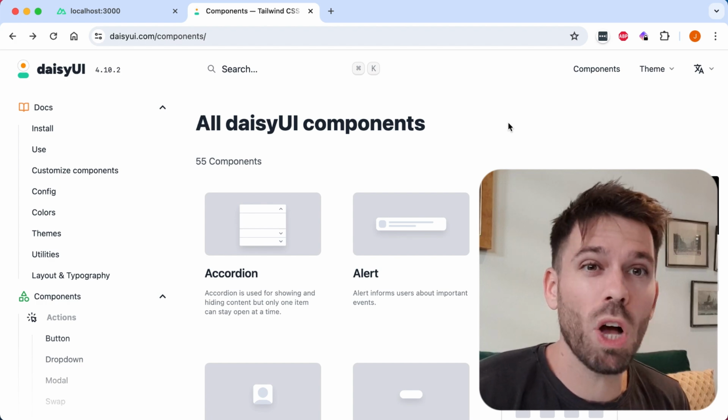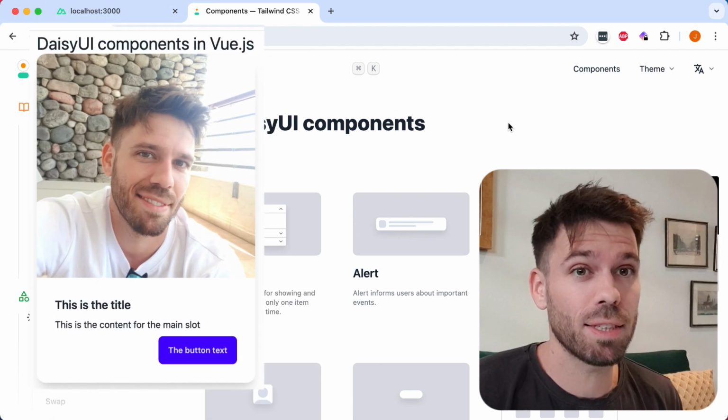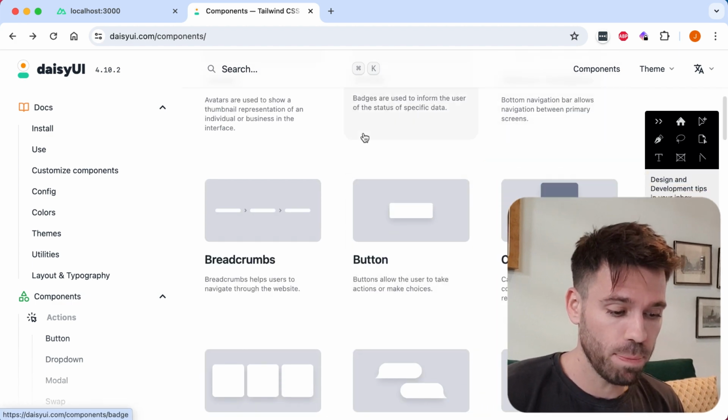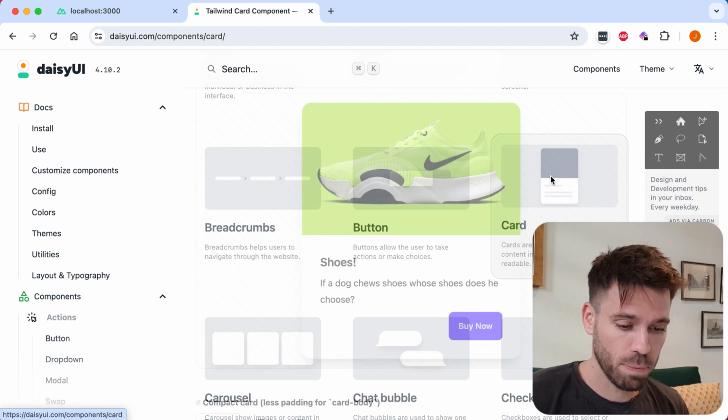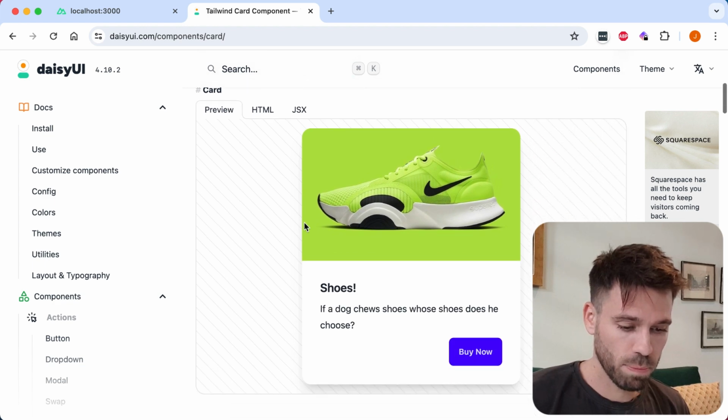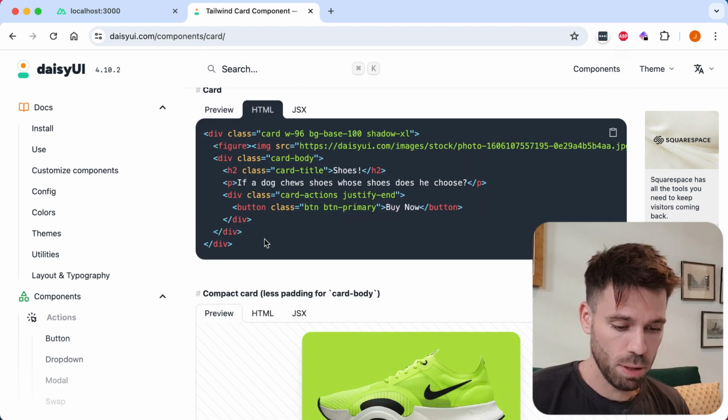Creating a reusable card component for Vue.js using daisyUI. Really simple to do. Go to daisyUI website, go down to the card component, find one you like the look of. We'll just do this one. Go to the HTML code, copy it,